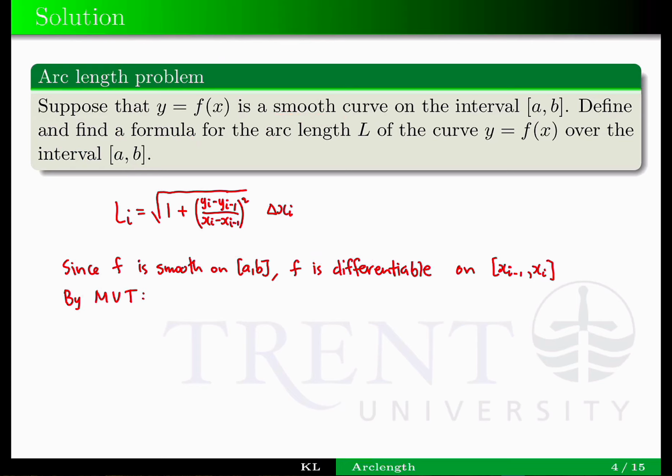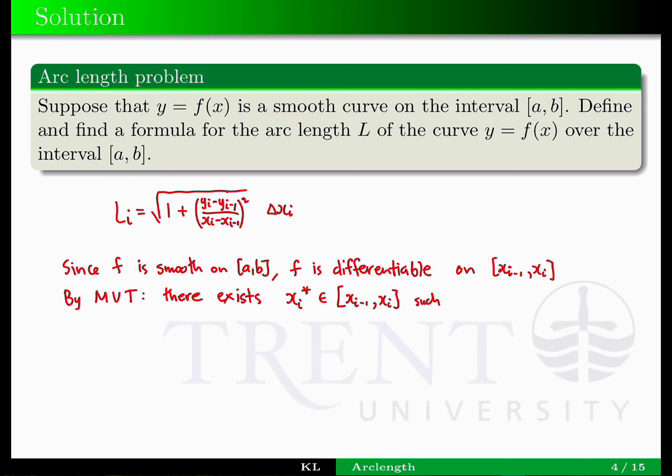It states that if your function is continuous on the closed interval and differentiable on the open interval, then there will be a c. In our case, we will write that c as x sub i star. So there exists an x sub i star inside the interval x sub i minus 1, x sub i,